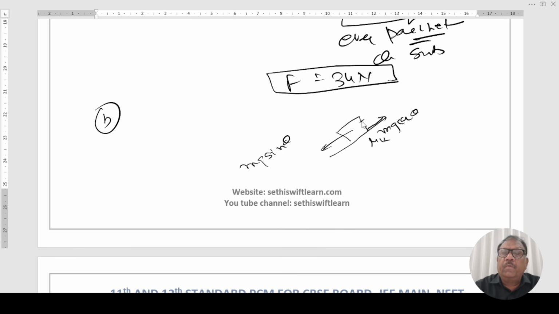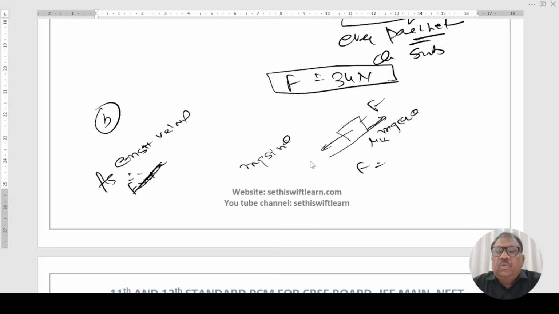And what is F? As the velocity is constant, the net force is zero. We have to move in this direction, then the force required